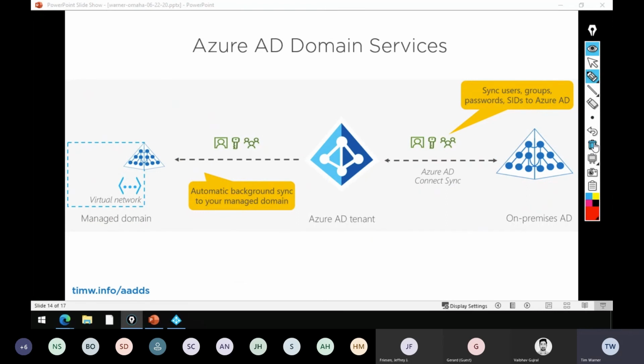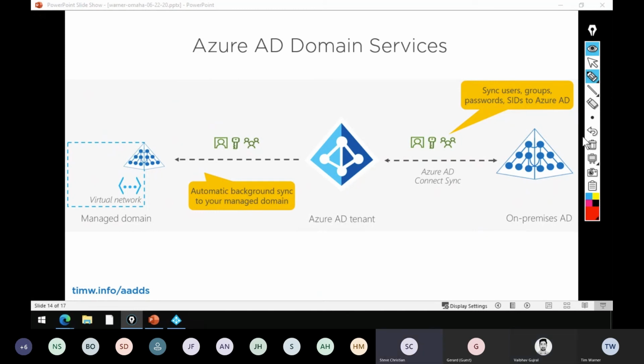I'm really interested to know if any of you use Azure AD Domain Services. Vaibhav, have you had occasion to use this service at all? I did not. Probably Steve might know if there is anyone in the Midwest area who has been using Azure AD. Yeah, I mean, typically we don't see too much of that.